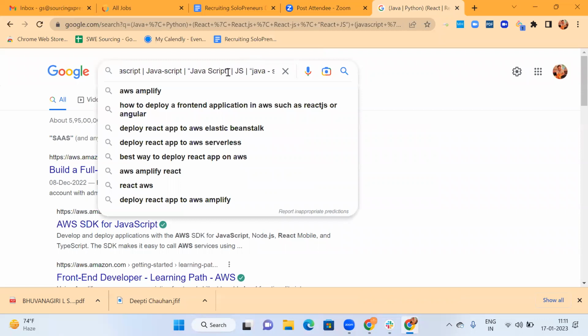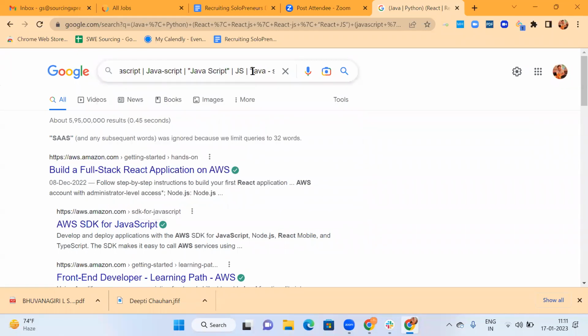So SaaS, JavaScript. As you see, now it started going beyond 32 keywords and it tells us that SaaS or any subsequent words was ignored because we limit queries to 32 keywords.